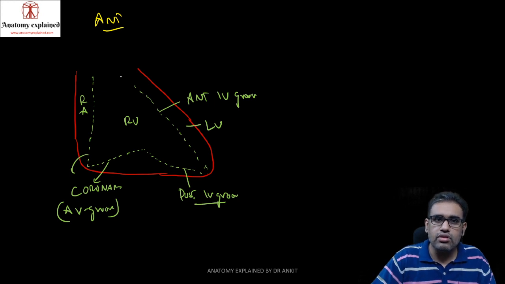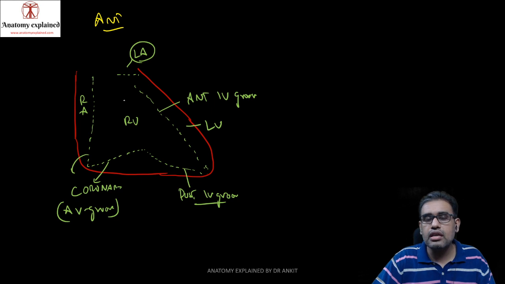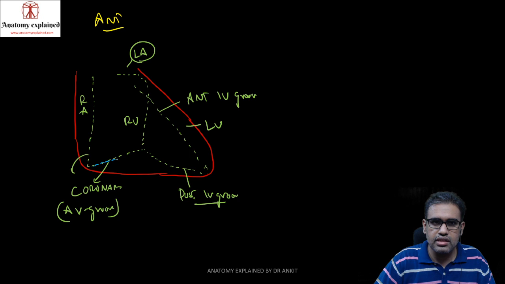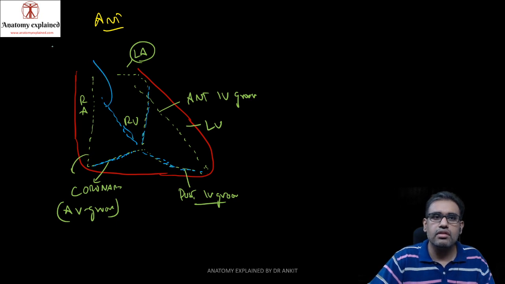Okay, and that would be your left coronary groove between the LA, slightly above, mainly posteriorly, and it will go behind like this. It will try to meet over here, and as it meets posteriorly, let us use a different color now. Posterior is this part. This is the posterior part of the right coronary groove, posterior part of the left coronary groove, posterior interventricular groove, and that will be our interatrial groove posteriorly. So this will be our IA groove posteriorly.